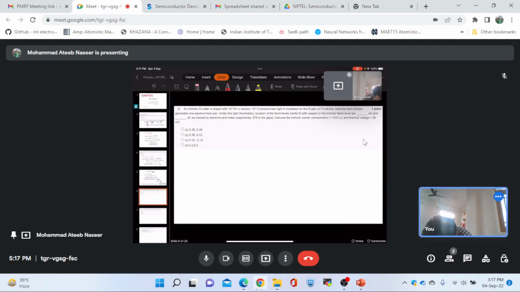So let me write down explicitly like this: the system moves away from thermal equilibrium under light illumination,